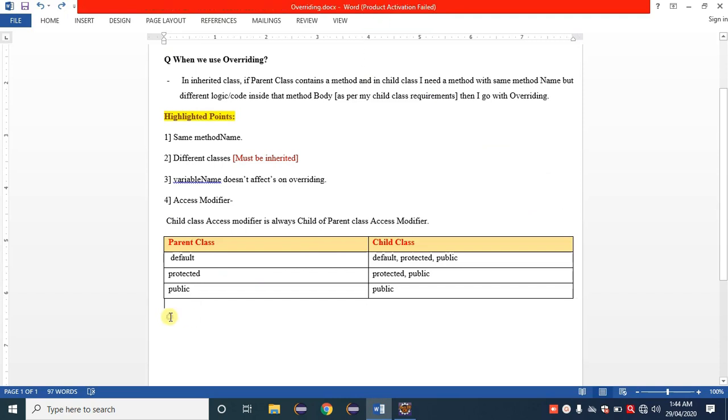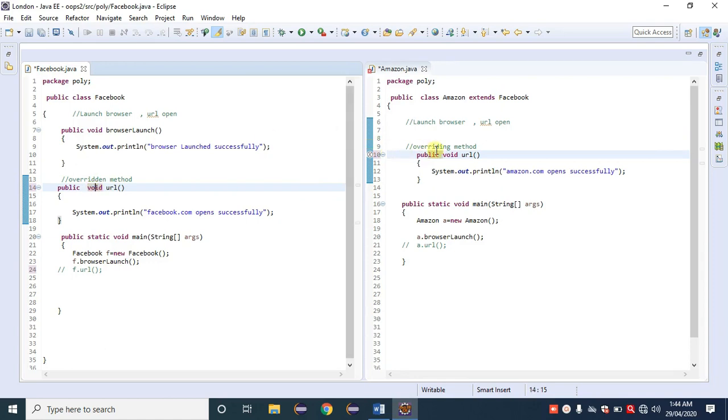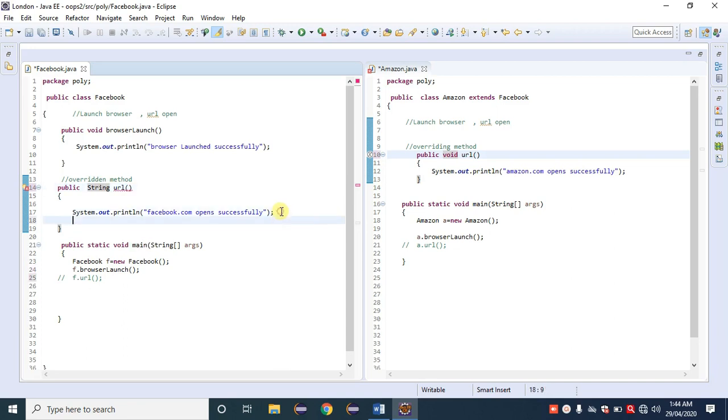So next one, what about the return type? The overriding method must have the same return type as the overridden method. Just check it. Here is void as a return type, and here is void as a return type. Suppose instead of void, I take another return type here, string. We know that we need a return statement inside the block.